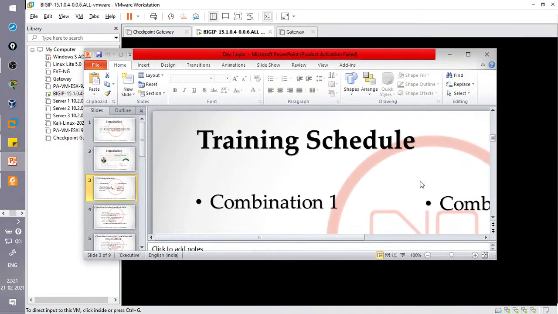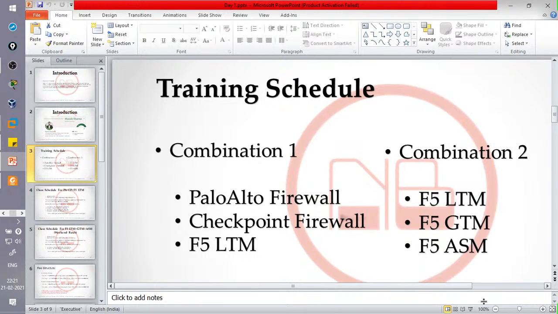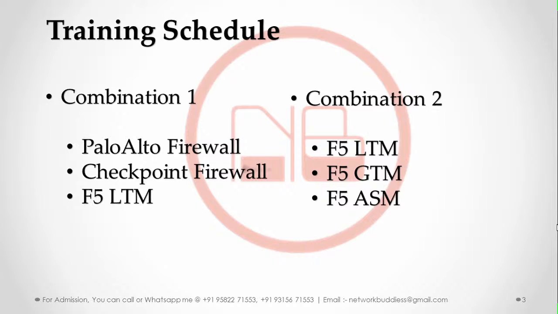So this would be the combination. So as of now we do have 2 combinations, right? I'll let you know the training schedule first. Now, as of now we are starting with 2 combinations. The first combination is PaloAlto, Checkpoint and F5 LTM, and the next combination would be F5 LTM, F5 GTM and ASM, right? So there are 2 combinations, but the batch start date for your first combination would be which